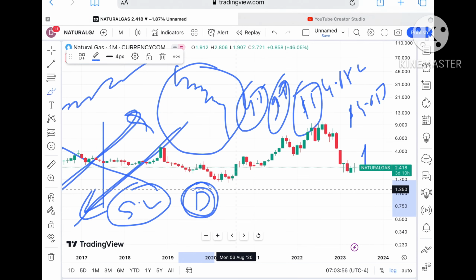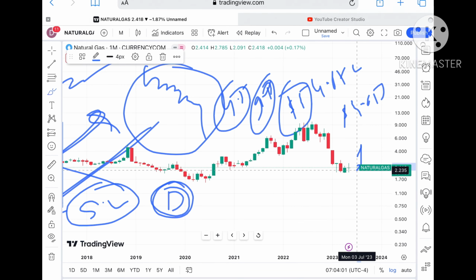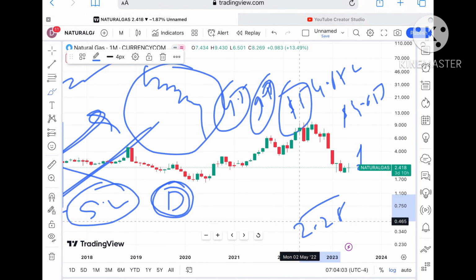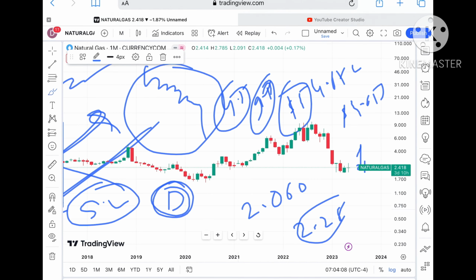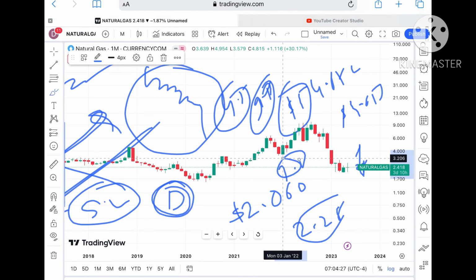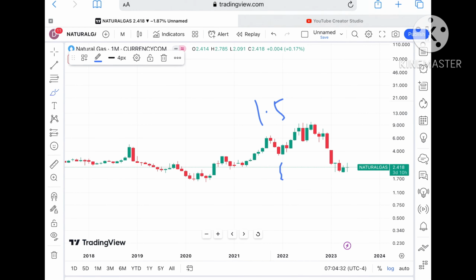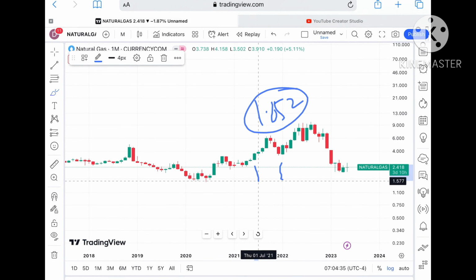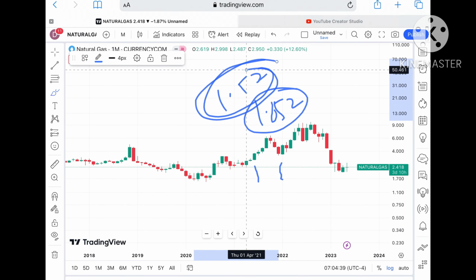Okay, so now suppose the price doesn't sustain this particular level, then yes, the next support we can see coming is at around $2.28. Okay, and if the price falls below that particular level, a chance of touching 2.060 is there. Suppose the price falls below that level, then chances are very high that once it falls below a level of 1.9, it can go towards a level of $1.8, and once it falls below this level, we can see it go towards a level of $1.652. Suppose it falls below that level, then we can see it touch a level of $1.52.